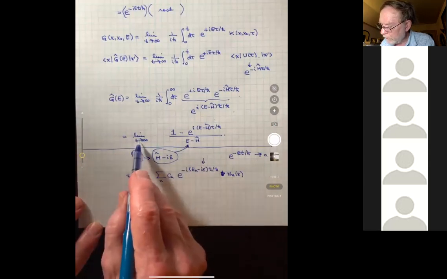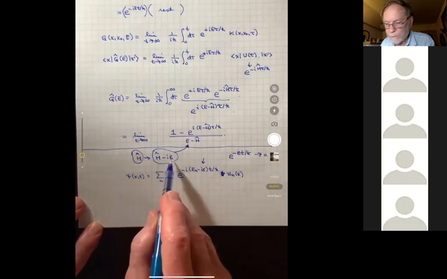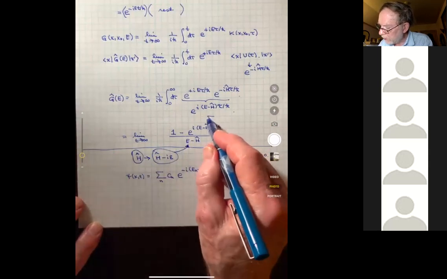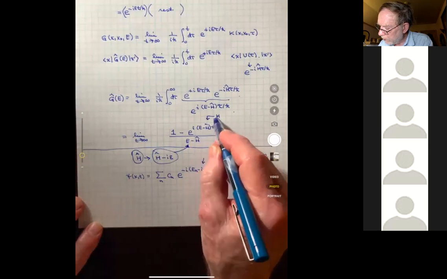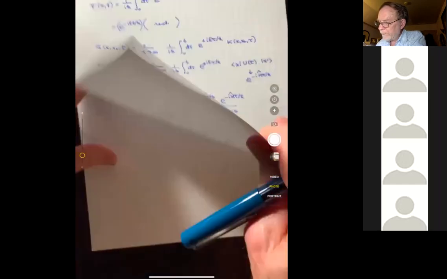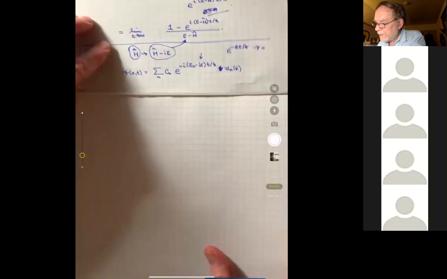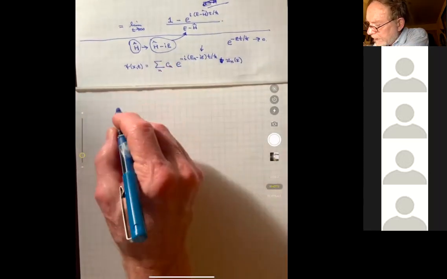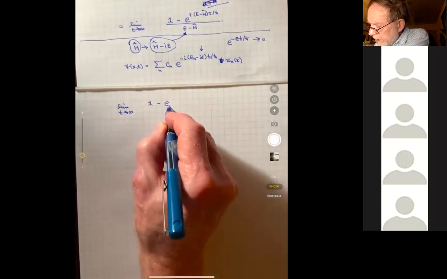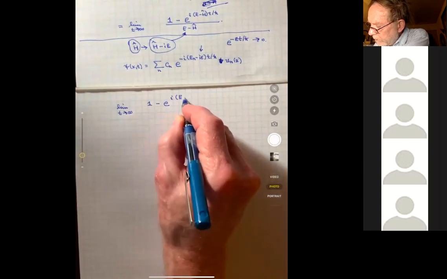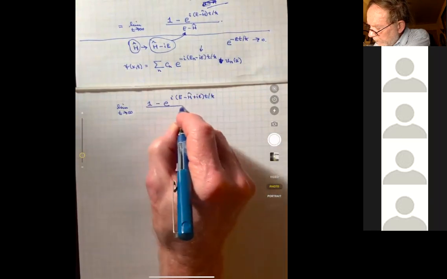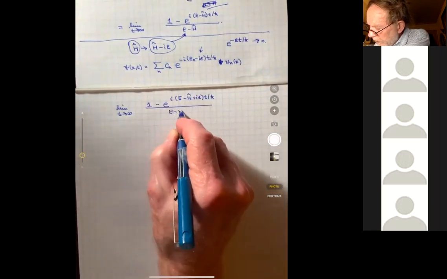Then we take the limit that t goes to infinity, and then we take the limit that epsilon goes to 0. So if I replace H by H minus i epsilon, look what happens to this exponent here. I better write it on a new page. If I did the same calculation again, but just with H replaced by H minus i epsilon, what I get is the limit as t goes to infinity of 1 minus e to the i (E minus H hat plus i epsilon) t over h bar,